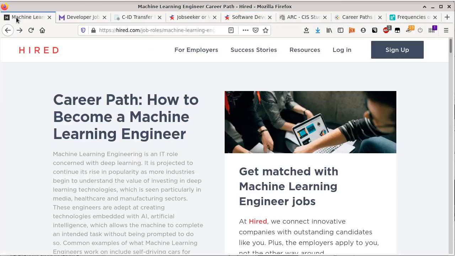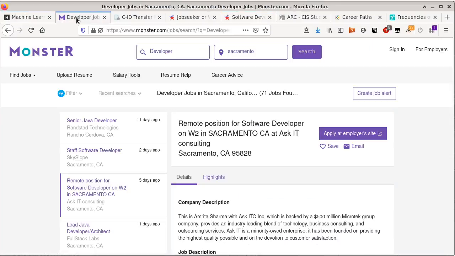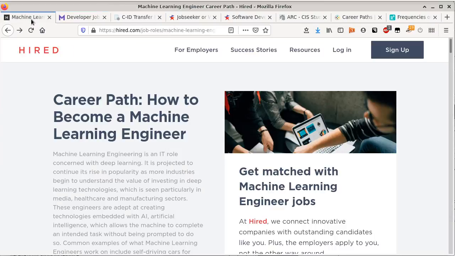And then we go to hired.com as well as monster.com to assess what kind of jobs we have available at least today, and how do I get there. In hired.com they also show a pathway to get there. And we are talking about a pathway that is well beyond the 2-year community college that we help to contribute. But a student needs to take a longer look at the trajectory to find out, beyond the 2 years at a community college, what else do I need to do in the next 4 years, 6 years, and so on. Okay, so let's just say that everything is looking good.